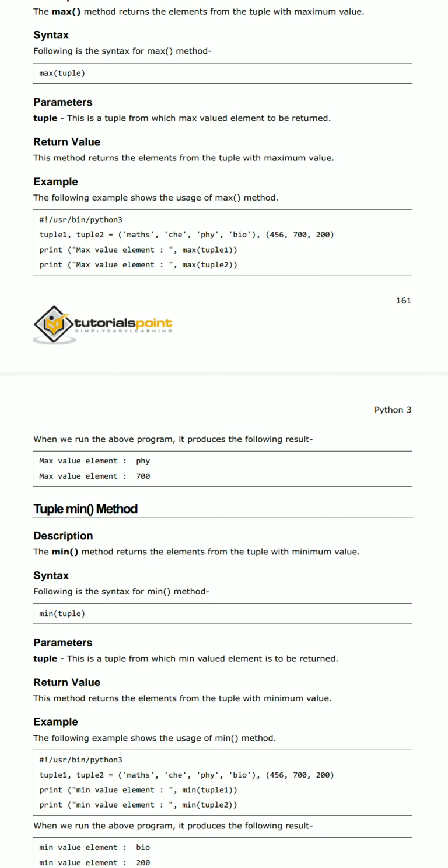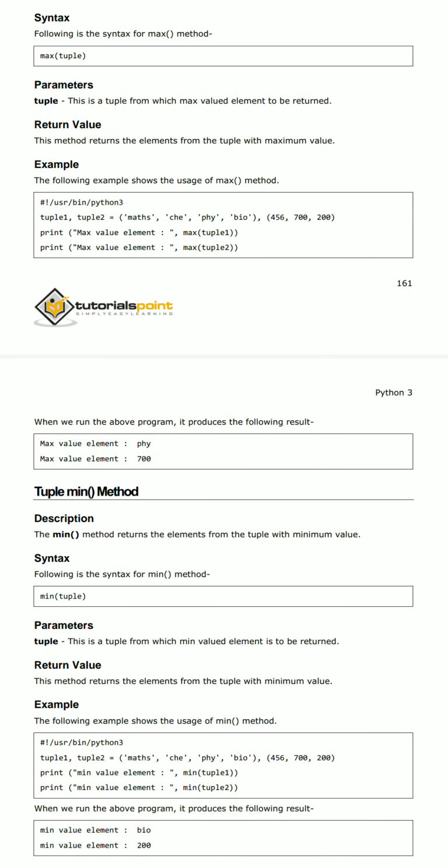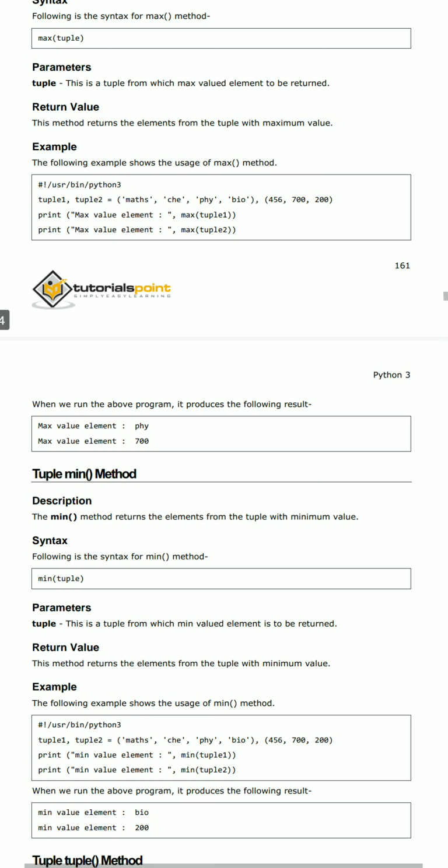Consider the following program. I have two tuples, and tuple 1 has the values separated by commas: maths, chemistry, physics, and bio. And tuple 2 has the values 4 5 6 700 200. I am calling the maximum function. The maximum value from tuple 1 is max of tuple 1. As soon as the compiler executes this print statement, max of tuple 1,